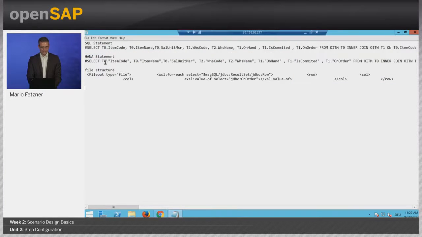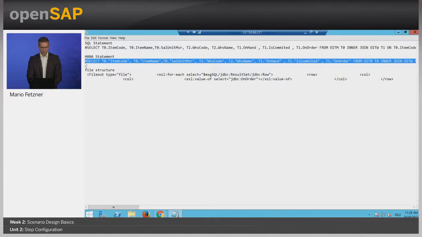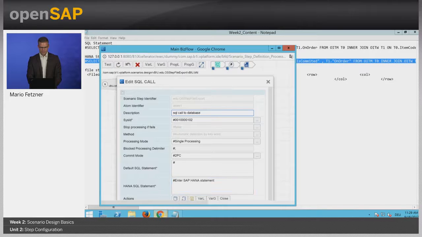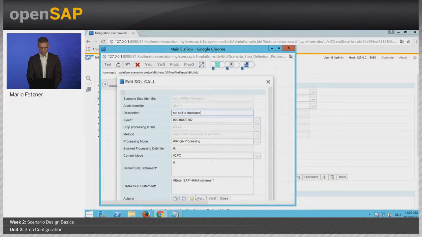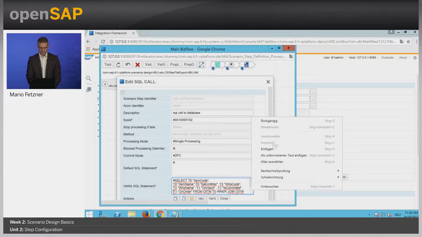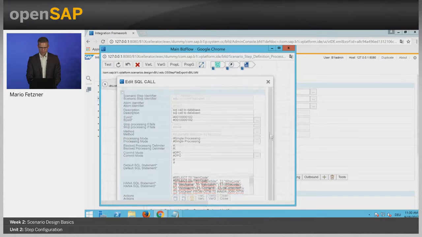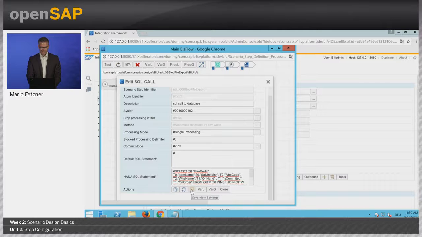I've prepared the SQL statement already for HANA. So we copy paste this one from here, and we enter the HANA SQL statement in the HANA box. So you can see the SQL statement. We are going to select the item code, item name, sales unit measurement, warehouse code, warehouse name, and so on. So finally, we're gonna save